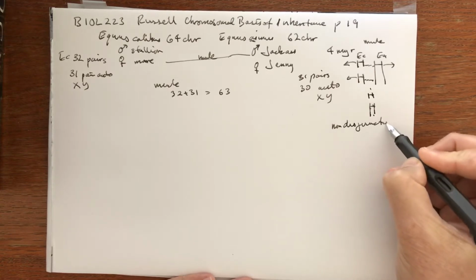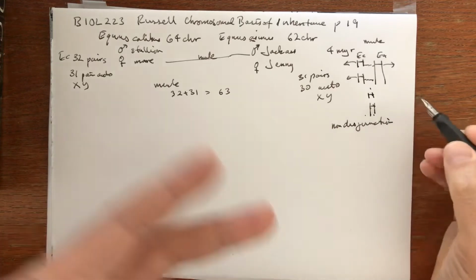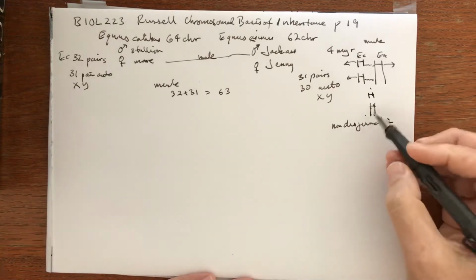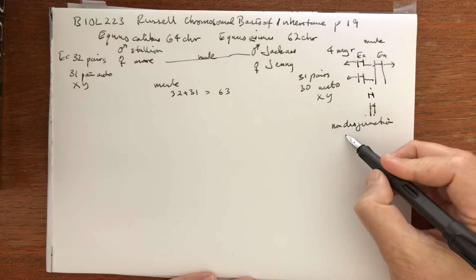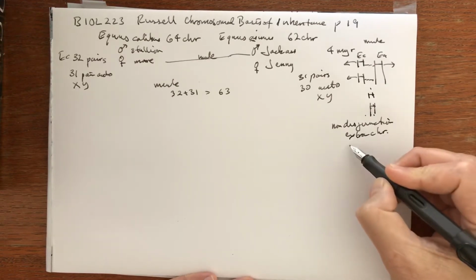And non-disjunction means that the gamete progeny will come up, and with the gamete from the other member mating, there's a likelihood of an extra chromosome or an absence